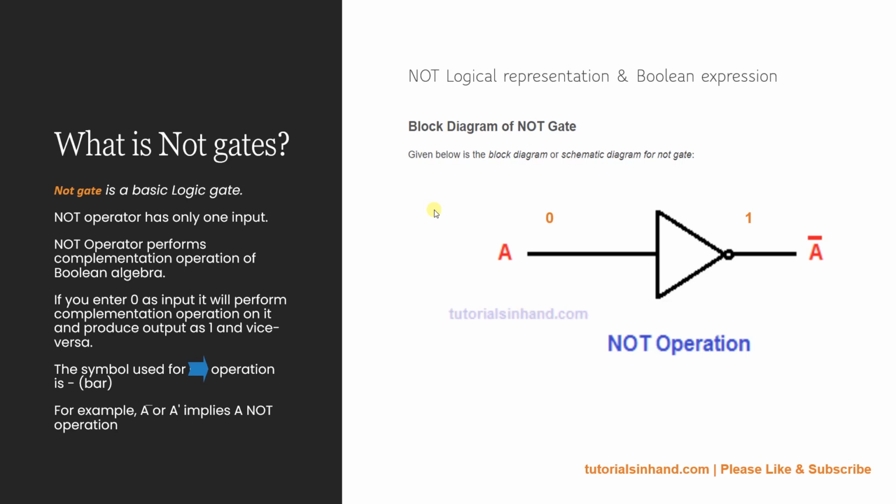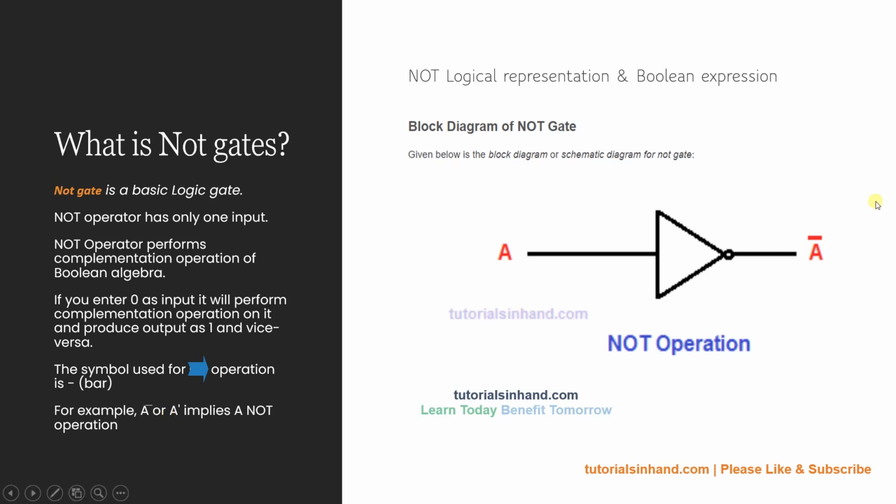So this is what basically NOT gate does, or you can say it is a kind of inverter which inverts the value that you pass as input, and if you enter 1 as input, then it will produce 0 as the output, right? And if you want to indicate that the operation has been performed on the input, then there should be a bar on the top of it, or you can use this kind of dash, as shown over here. So both imply the NOT operation. You can use any one of them. In different books you might see this one or this one, so don't get confused. Both indicate NOT operation only.